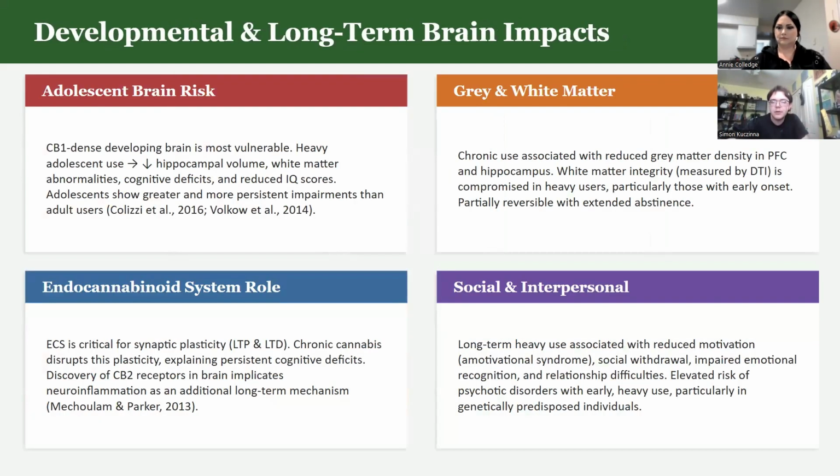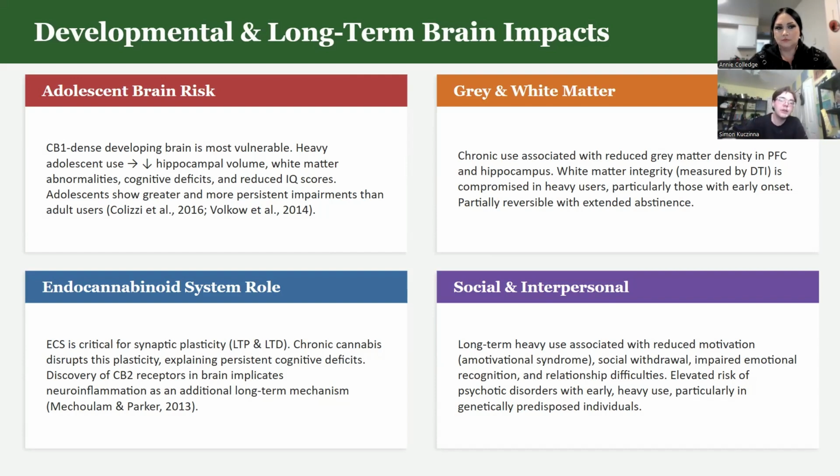Going on to developmental and long-term impacts, this is going to bring us to one of our most important findings in the neuroscience that we have at present, that the developing brain is uniquely vulnerable. So the endocannabinoid system is going to play a really big role in synaptic plasticity, or the long-term potentiation and depression processes that are going to allow the brain to adapt. So when you introduce those external cannabinoids during that window of development, you're going to disrupt the very machinery that the brain is using to wire itself.